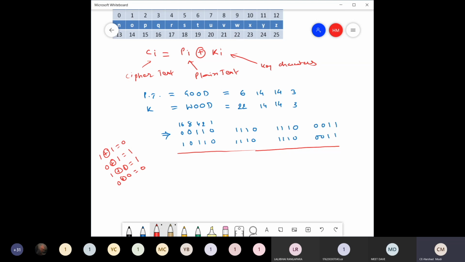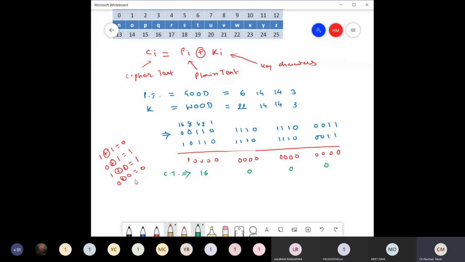Okay. So what will we get here? 0 0 0 0, all are 0. By the same way here also we get 0 0 0 0. Here also we get 0 0 0 0. But here there is a 1 because 0 XOR 1 is equal to 1. So ultimately what we will get, what is its value? 16. Is everyone understanding? The value of this is 16, this is 0, this is also 0, and this is also 0. So the ciphertext is 16 0 0 0.